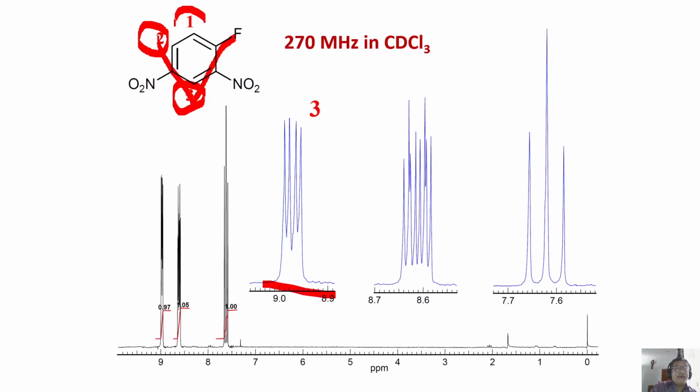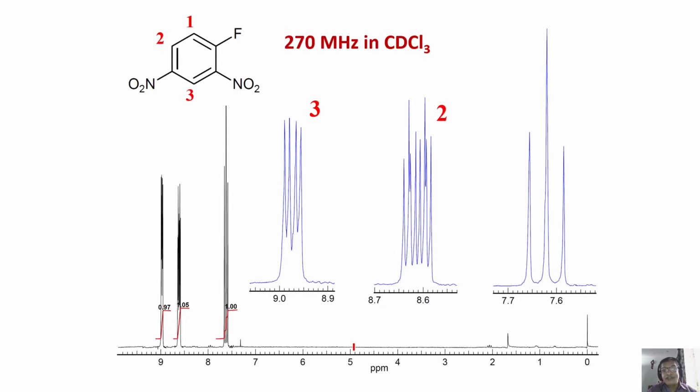Then you may ask me what happened to this proton? A 5 bond coupling, para coupling, could be there. But remember, I told you the para couplings are very small, of the order of 0.5 Hertz. That's why sometimes you see it, sometimes you don't. That's the reason why you are not seeing that. Now, what is the next one? Next one, I will say this is 2. Why is this 2?